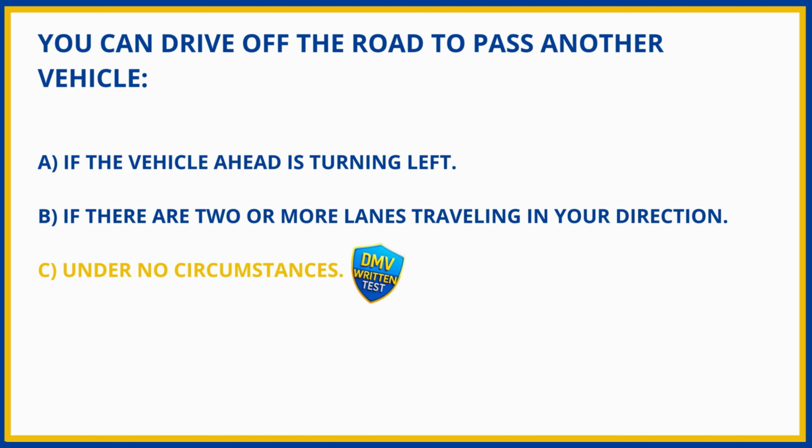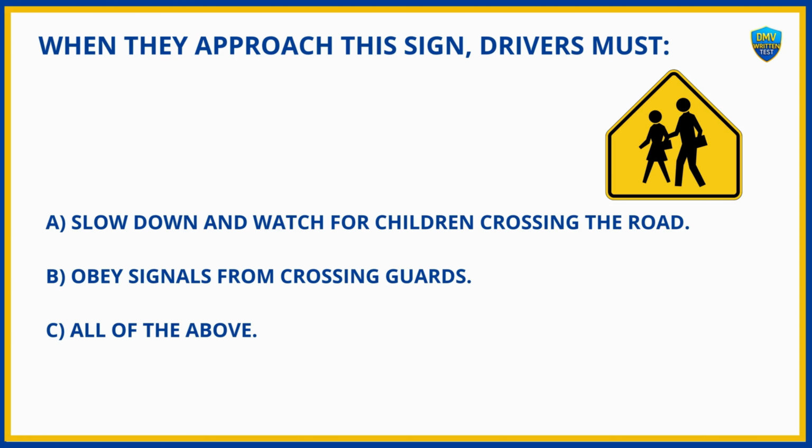C. Under no circumstances. When they approach this sign, drivers must A. Slow down and watch for children crossing the road. B. Obey signals from crossing guards. C. All of the above. And the answer is